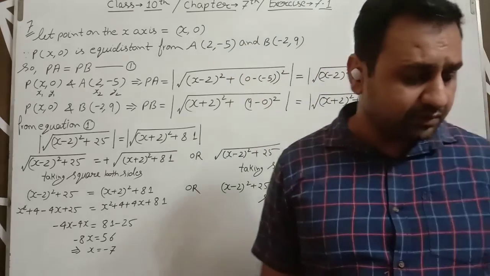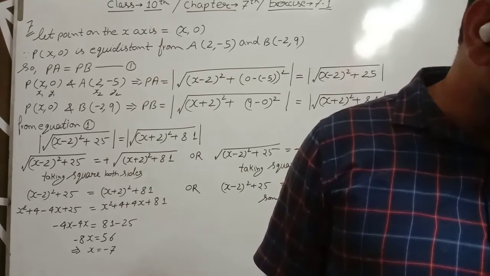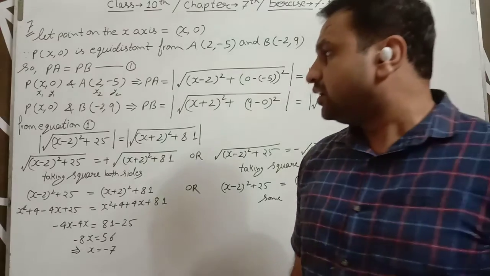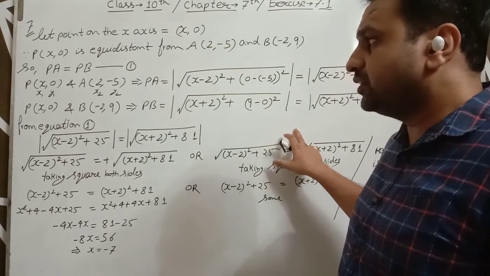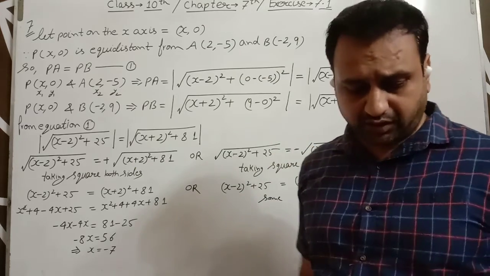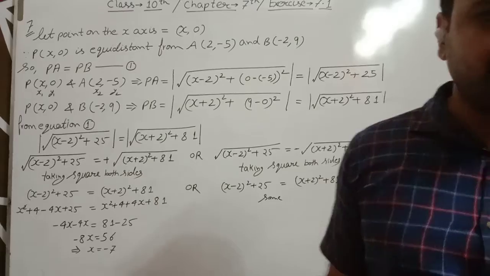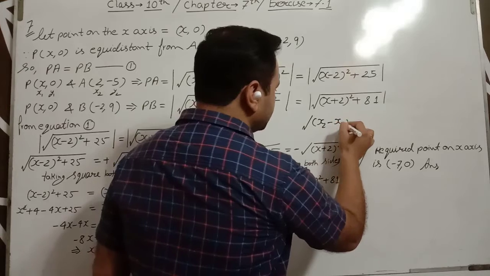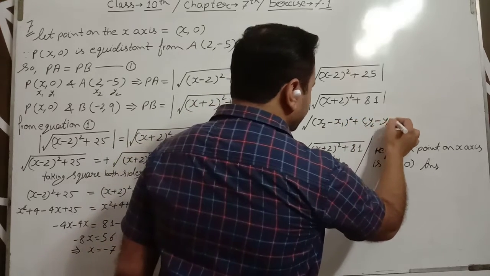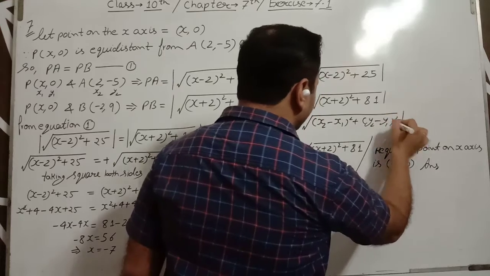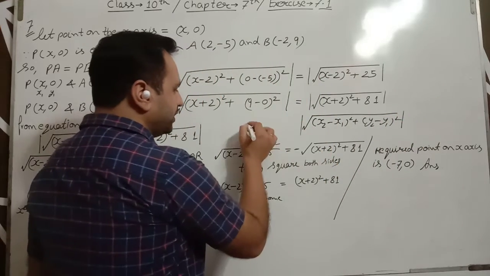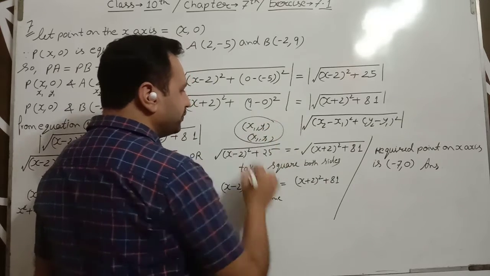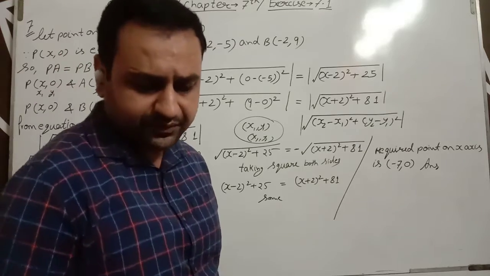In the previous video, we completed Exercise 7.1 up to question number 6, and we have already studied types of quadrilaterals, how we can use the distance formula to find the type of a quadrilateral, and the proof of the distance formula. What is the distance formula? It is the square root of (x2 minus x1) whole square plus (y2 minus y1) whole square, in modulus, where (x1, y1) and (x2, y2) are the coordinates of the two points between which we find the distance.